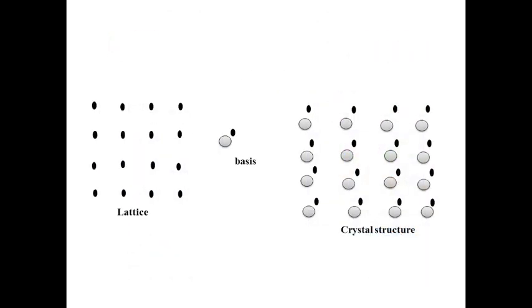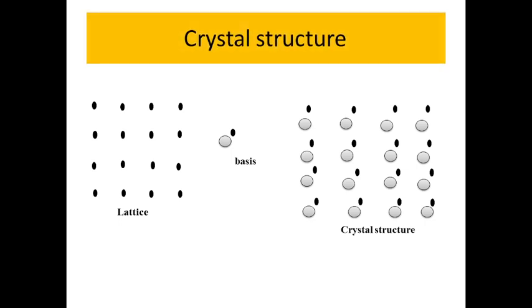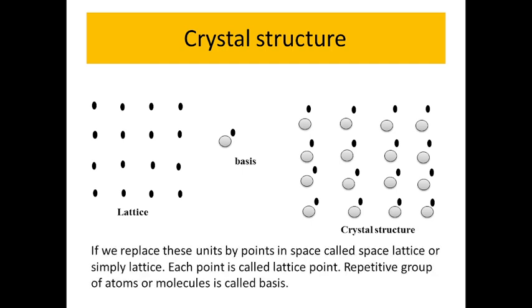Once we understand crystalline solids, we can understand crystal structure. As we know the definition of crystalline solids, that is a regular arrangement of atoms or molecules or ions. If we replace these units by points in space,